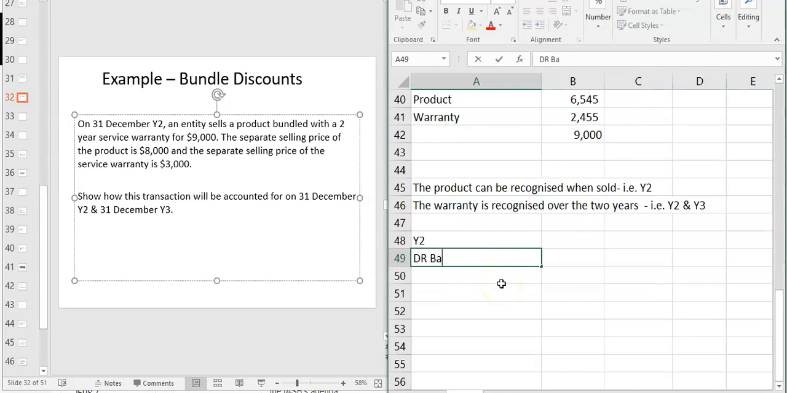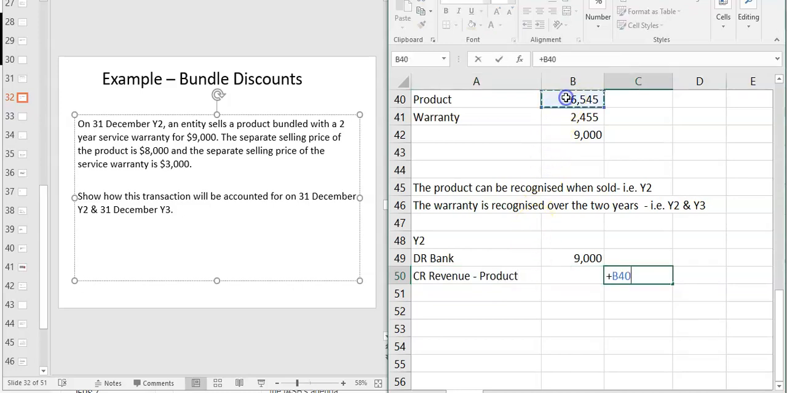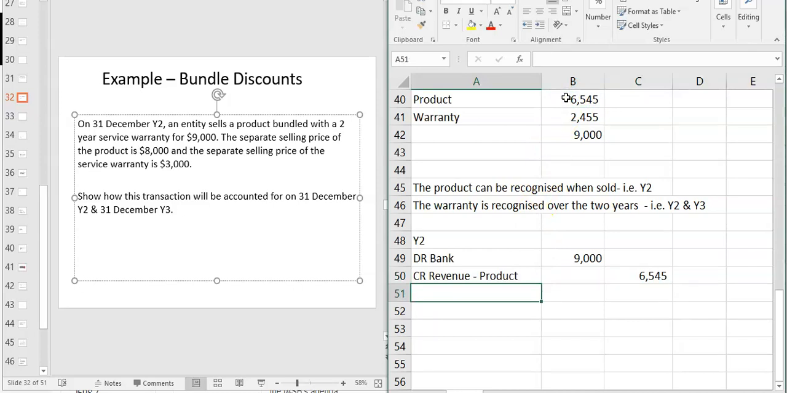It's going to be debit bank. We'll assume we got paid 9,000. Otherwise, it'd be debit trade receivables. You're going to credit revenue for the product 6545. You can recognize that up front because when you sell a product, you recognize it at the date of transfer. You're going to credit revenue